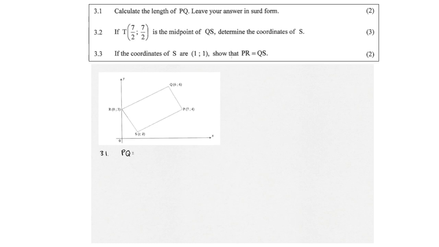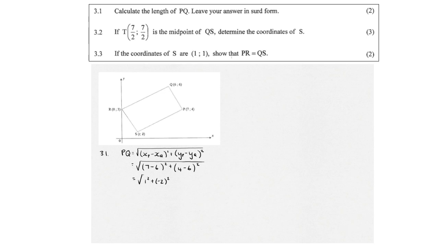So what we do first is we write down the formula for the distance between P and Q, and this gives us the length of PQ, and that is equal to the square root of xP minus xQ in brackets squared plus yP minus yQ in brackets squared. And now we put the coordinates into the equation, so this is equal to the square root of 7 minus 6 in brackets squared plus 4 minus 6 in brackets squared. That simplifies to 1 squared plus negative 2 in brackets squared.